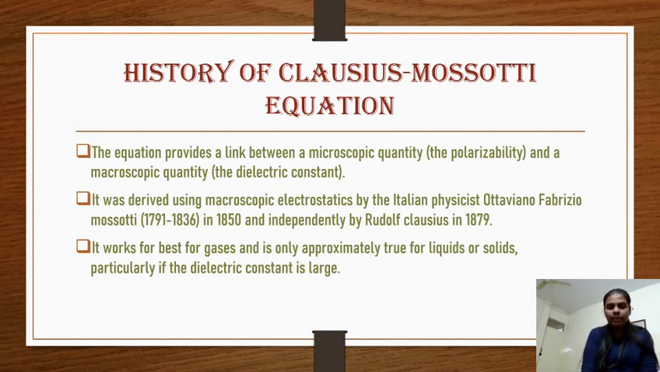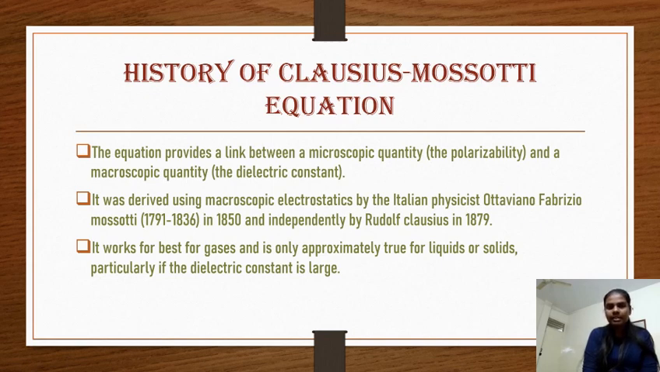It was derived using macroscopic electrostatics by the Italian physicist Ottaviano Fabrizio Mossotti, who lived from 1791 to 1836, in 1850, and independently by Rudolf Clausius in 1879. So, Ottaviano Fabrizio Mossotti and Rudolf Clausius invented this equation, this relation between the polarizability and dielectric